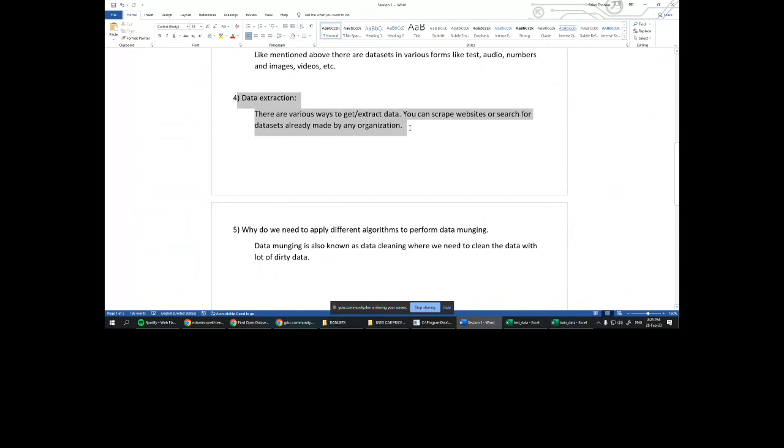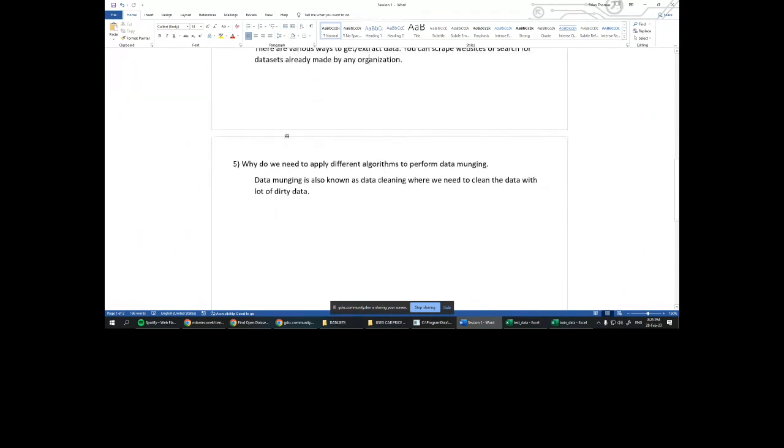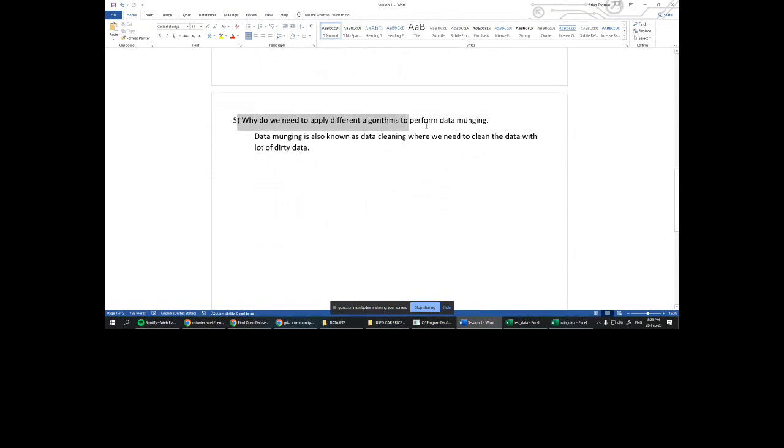So data extraction, I told you where you'll get the data sets, where you'll get the solved solutions as well, and why do we need to apply different algorithms for data munging? Yeah, like I mentioned, for the data cleaning that we have,